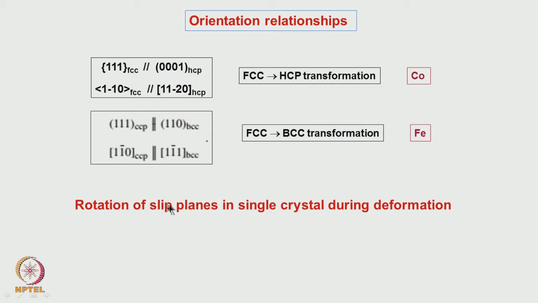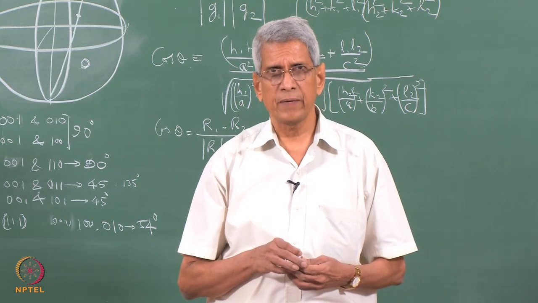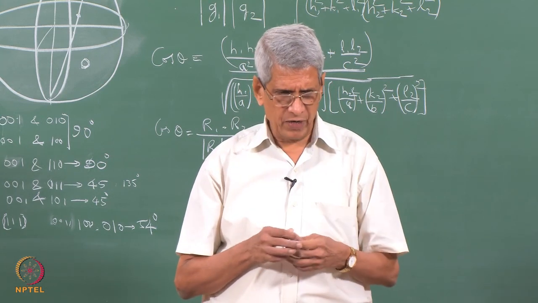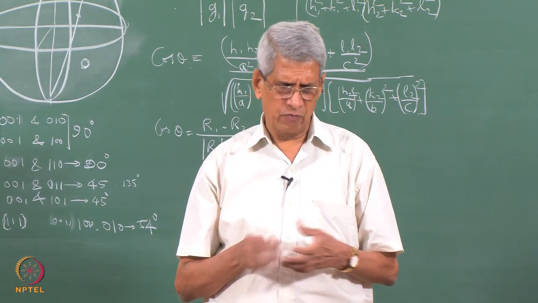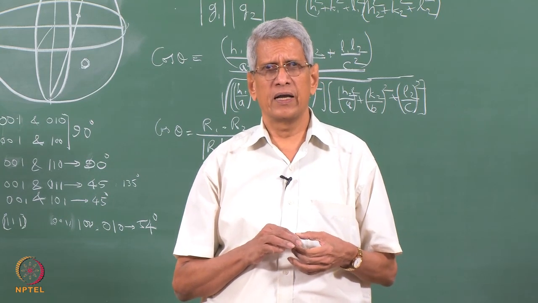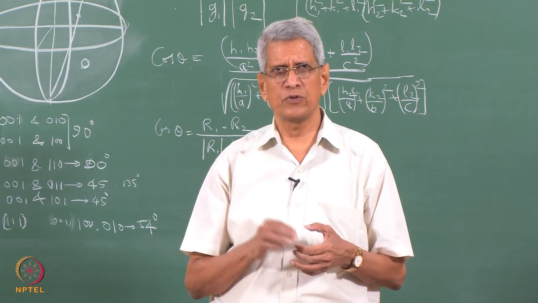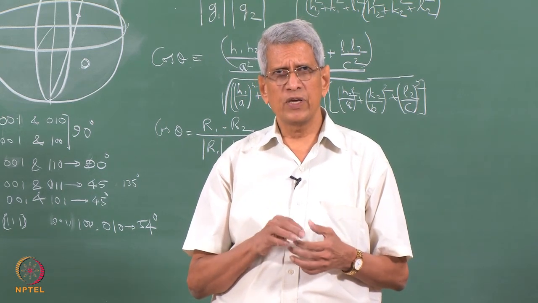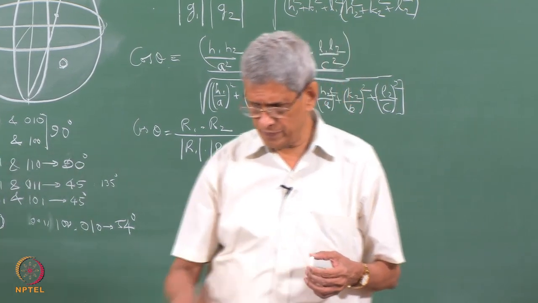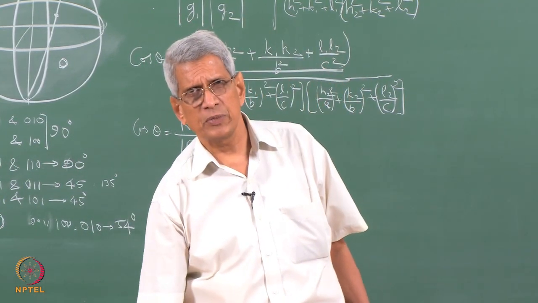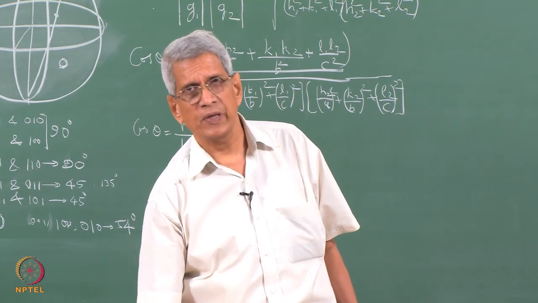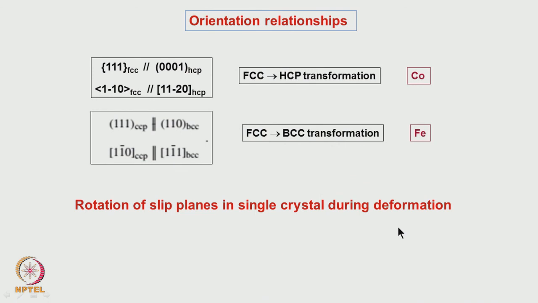another area is when we deform a single crystal of a sample, the crystal is oriented along a particular direction. We know that when we deform a single crystal, for example, if you take a cubic crystal or FCC crystal, there are 12 slip systems with respect to the direction which we have chosen for deformation. We can find out what is going to be the Schmidt factor on each of the slip systems, and whichever slip system has got the largest Schmidt factor, that is the one which is going to be activated.